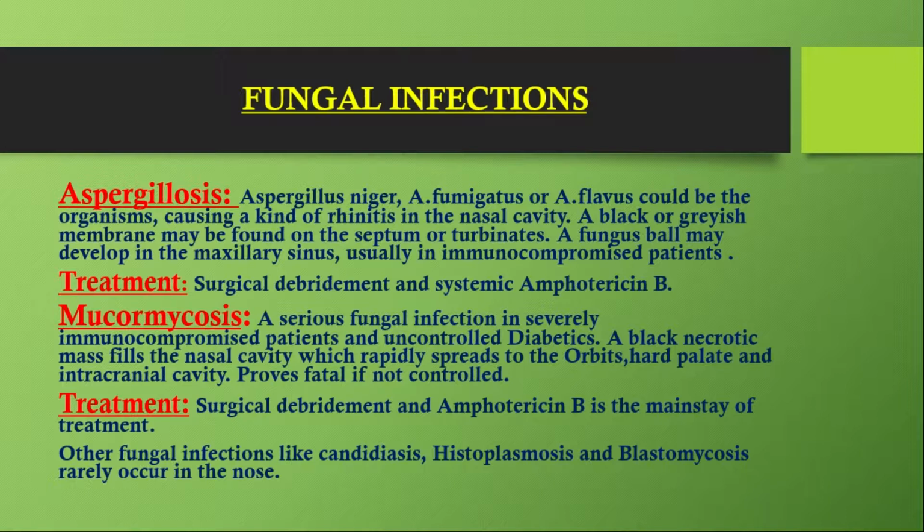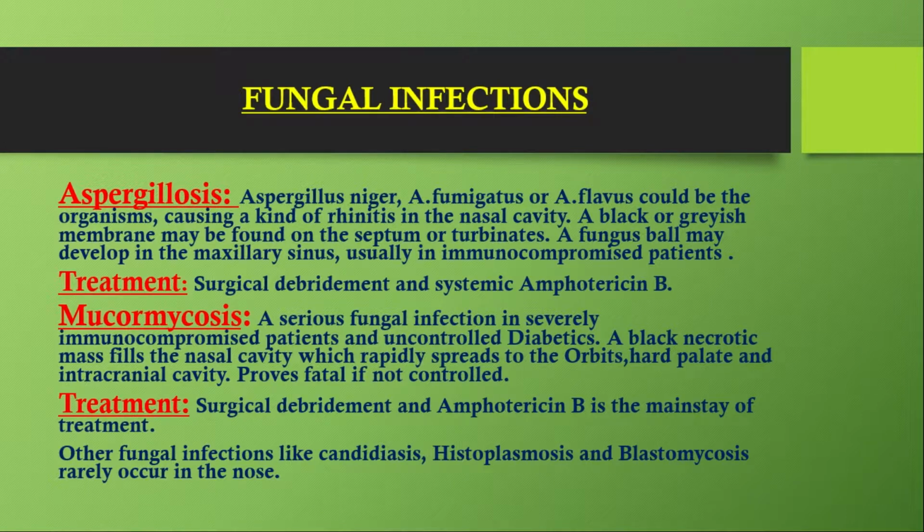A black or greyish membrane may be found on the septum or turbinates. A fungus ball may develop in the maxillary sinus, usually in immunocompromised patients, while its treatment is surgical debridement and systemic